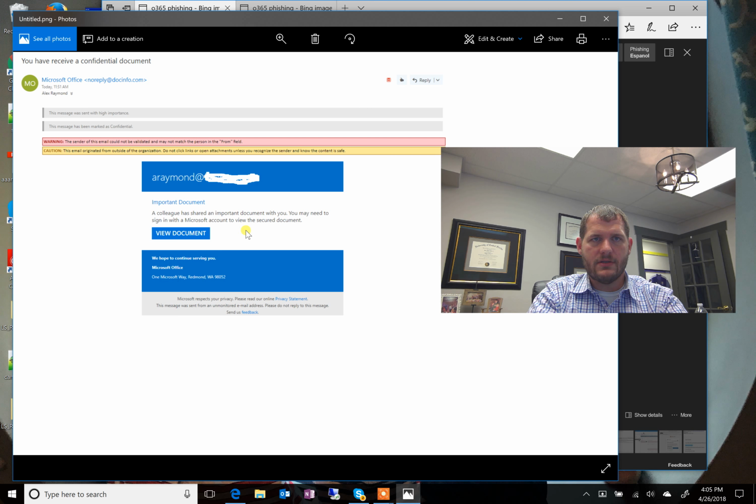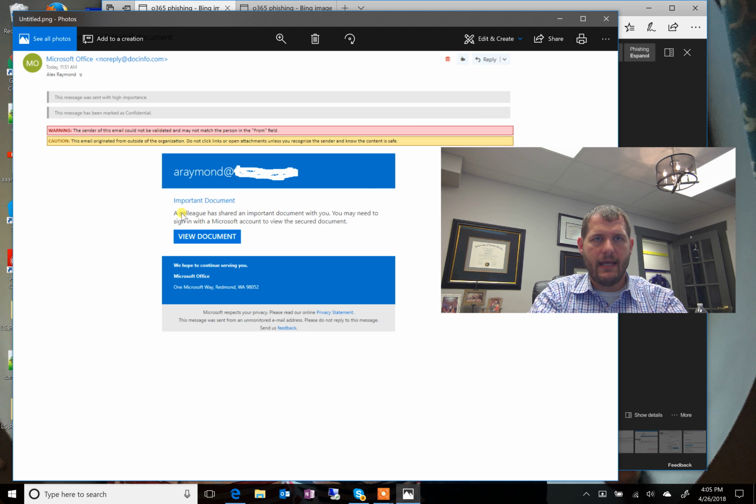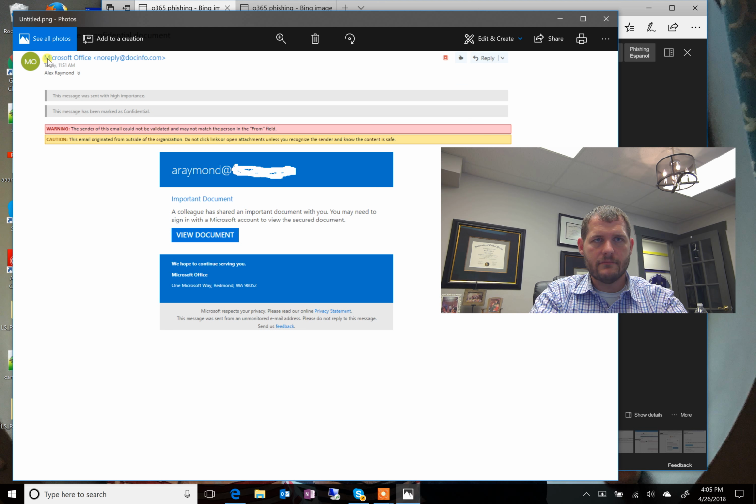In this scenario, we've got an image of an email from Microsoft Office at no reply at docinfo.com. Inside the body, the email is addressed to the recipient, and it says a colleague has shared an important document with you. It didn't give you the colleague's name, and it says that you must sign in with your account to view the